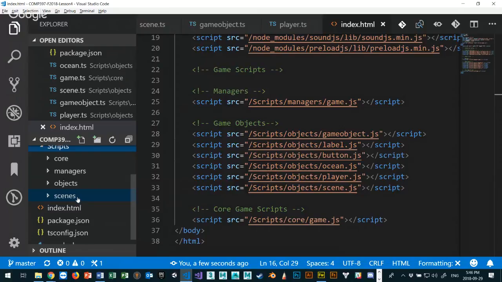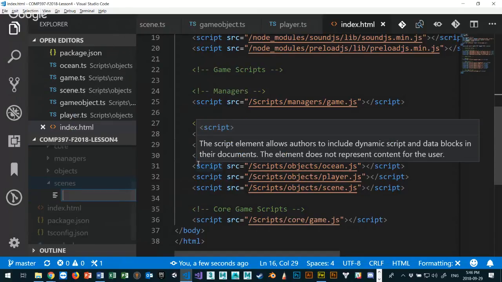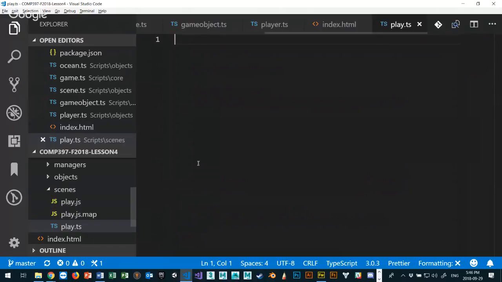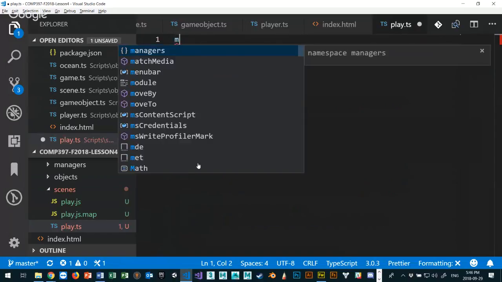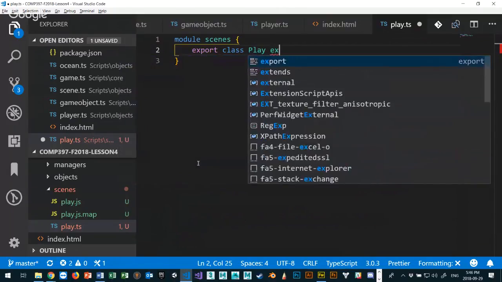So in my Scenes folder, I'm going to make a new scene, new file. Here's my new file. I'm going to call it the play scene. Okay, so here's my play scene.ts. You could also call it level 1, level 2, level 3, whatever you want to call it. My module is going to be called scenes, and I'm going to export a new class called play, which is going to